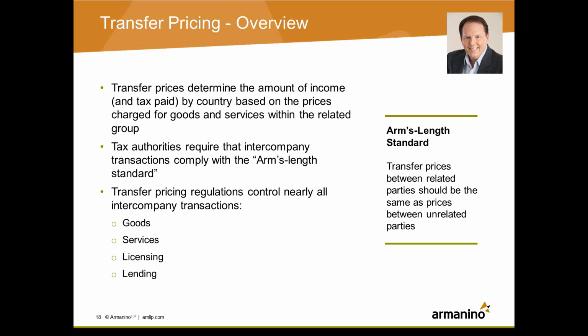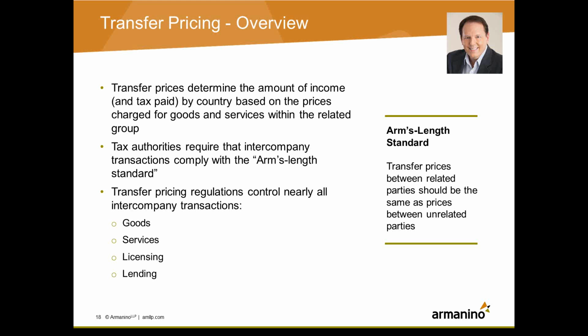At the international level, we're concerned about the same thing. You have a global group of companies that, let's say in aggregate, have a global profit. How do we allocate that profit across the various countries in which that group operates? Well, instead of using the state apportionment approach, which the OECD has completely rejected as being too arbitrary, they use transfer pricing. Transfer pricing is designed to carve up that pot of profits across the various countries in which the group operates.